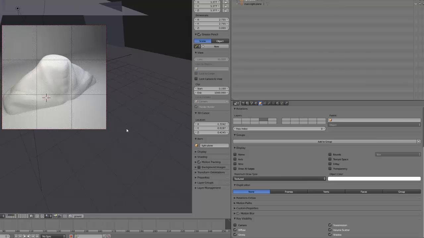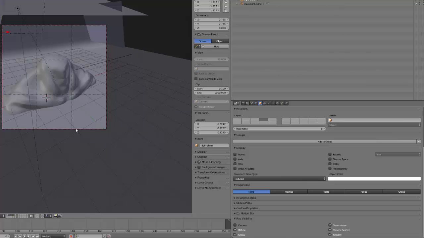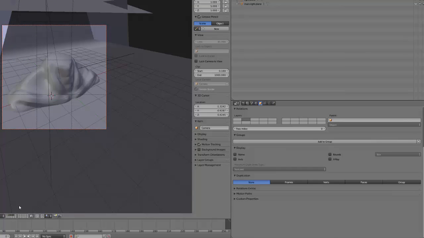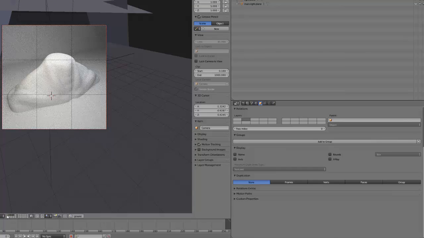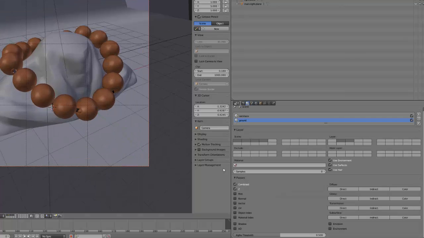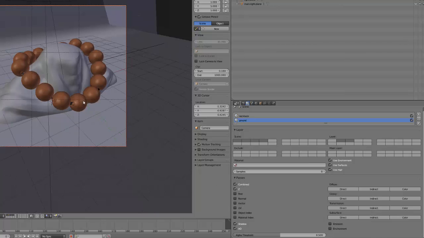Okay, so I'm happy with this result. Maybe move the camera a little like this. Let's see how our necklace is placed. That's fine for me. So for the ground I usually use the combine, the AO and shadows, and most of the time only the combine, and the Z. So now, how to output those